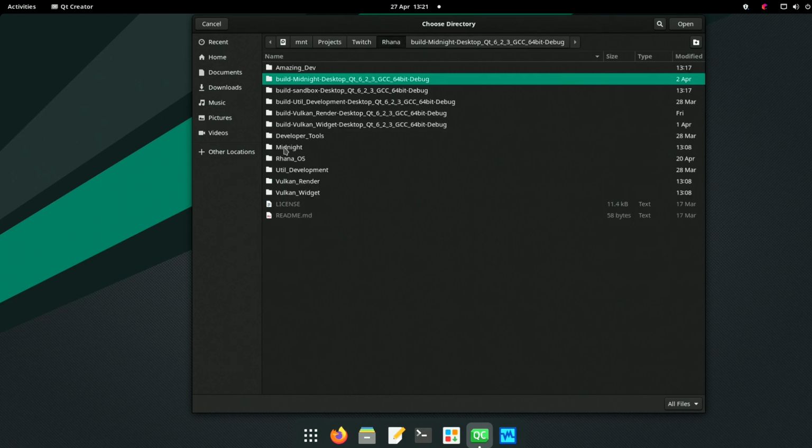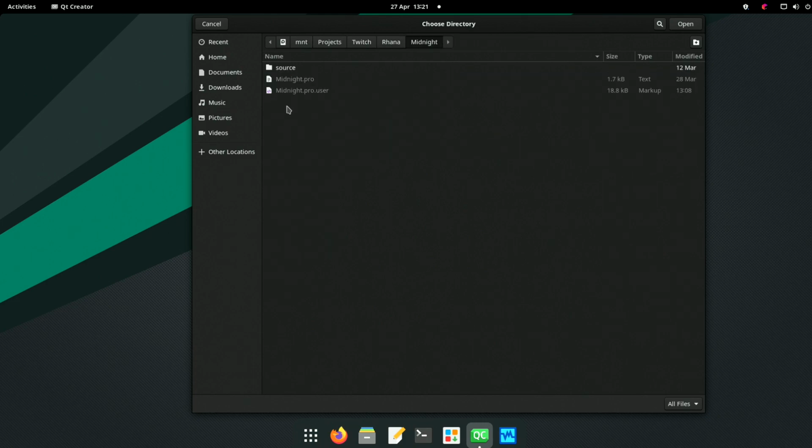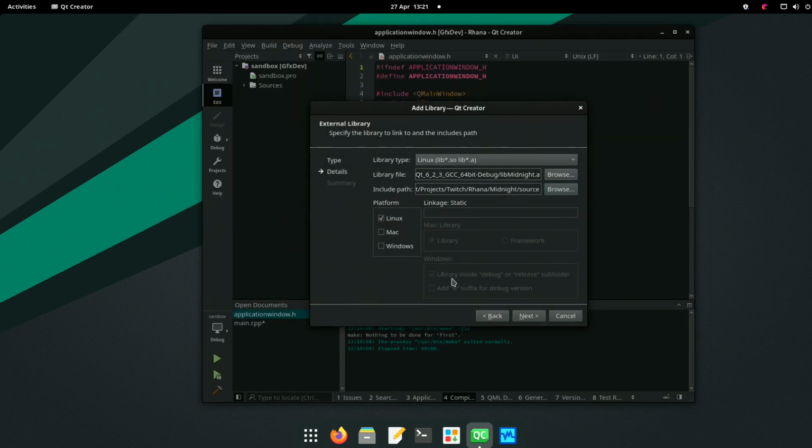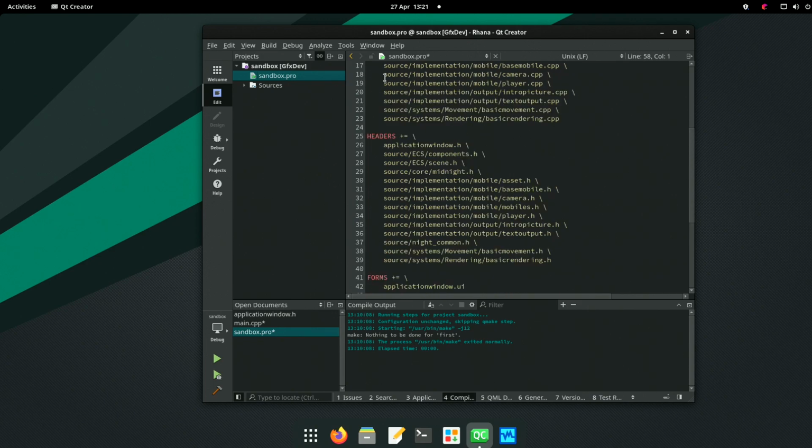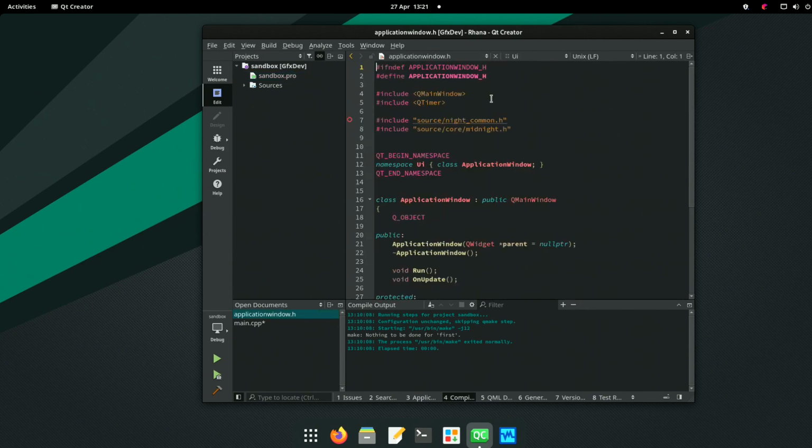Rana, Midnight. I would have said source would have been better. So I'll open that one. That's your header files. Done. Okay, everything else is grayed out, so I can press next, finish. That's okay. Save that. Not bothered about that. But I did... Oh, about to say that's wrong.